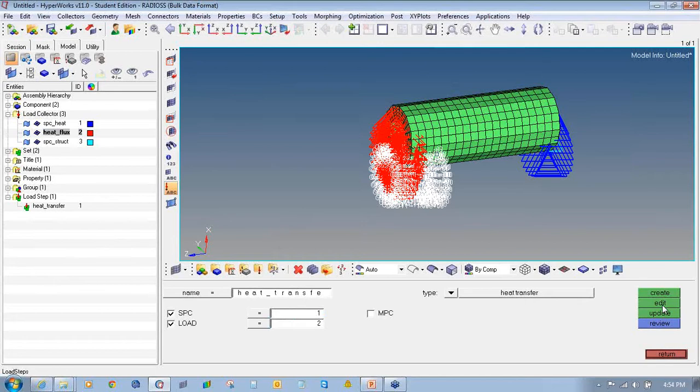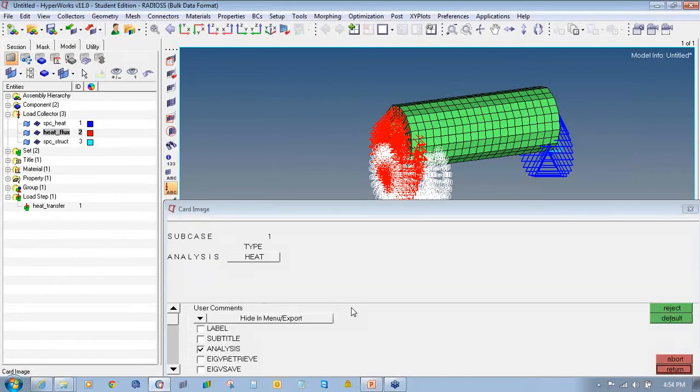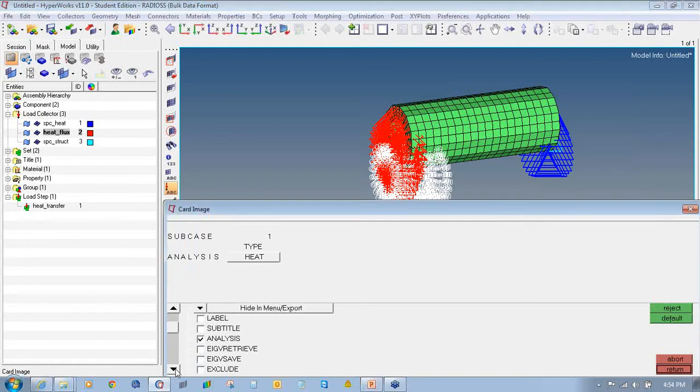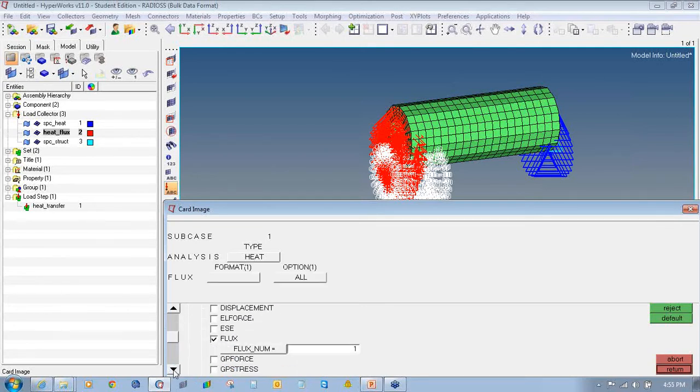Now I will click on edit. Check the box in front of analysis and select the type as heat. Check the box in front of output and activate the option flux and thermal.